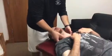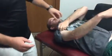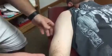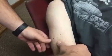Next, we're going to just explain the strokes that I'm doing. They're called L strokes, and the whole purpose of an L stroke is to just get that drainage back up into the system. So let's say there's a cut or abrasion right here, and we're not getting much edema reduction back, you want to do some of this. If the cut runs along here, you want to start distally first, and you want to do long strokes. So long L strokes